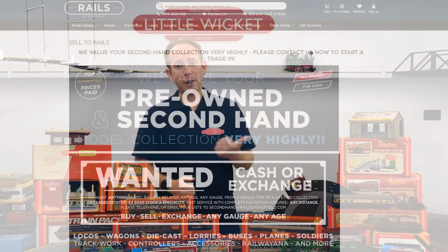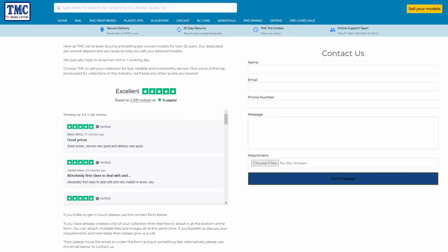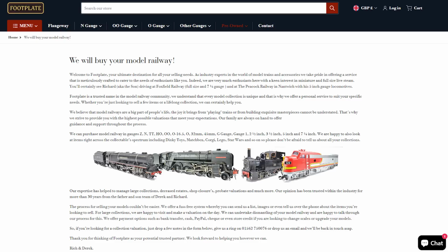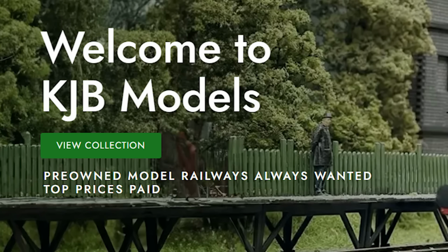I contacted Rails of Sheffield and the Model Centre as 2 of the biggest retailers in the country. I contacted Footplate because they're relatively close to me and appear quite high up in the search rankings when you search for selling a model railway. And again, because they appeared quite high up in the search rankings and their website says top prices paid, I